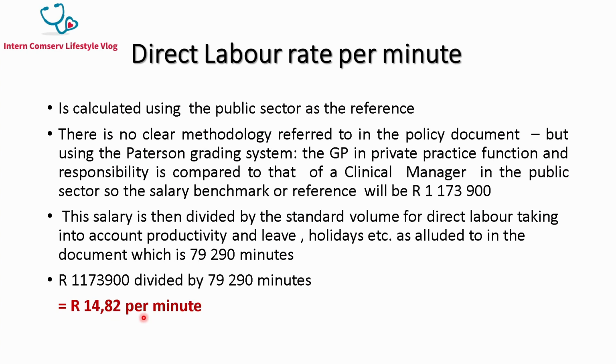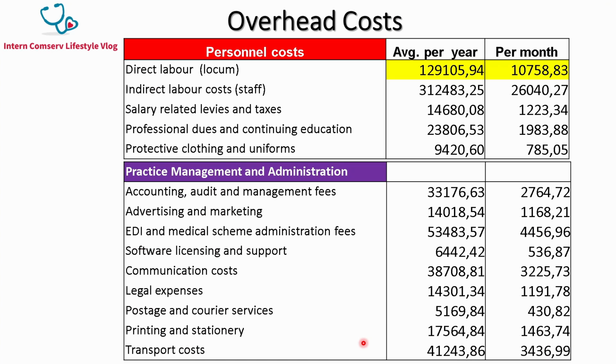That's the direct labor rate per minute. Now let's look at the overhead costs. How much does it cost to run a practice? So we're looking at direct labor. The average GP spends about 129,105. Indirect labor, that's their staff costs, is